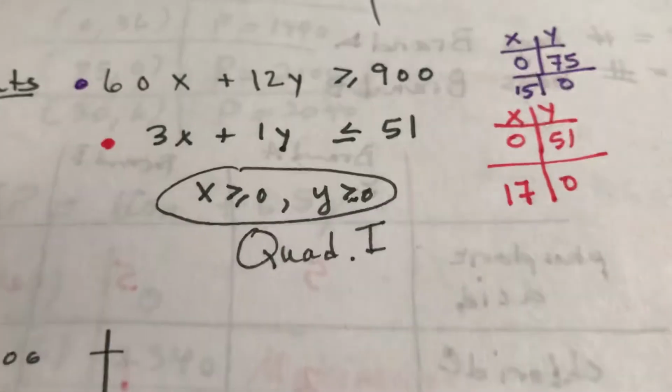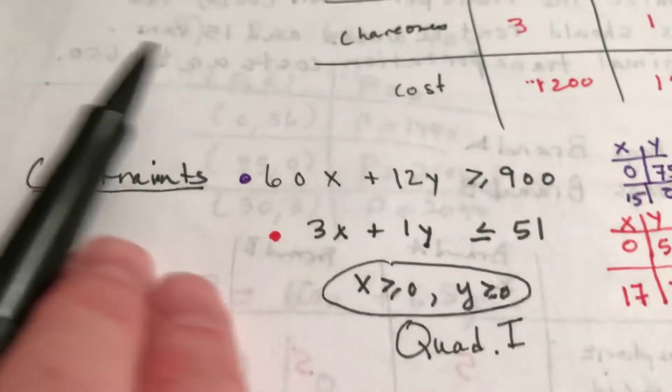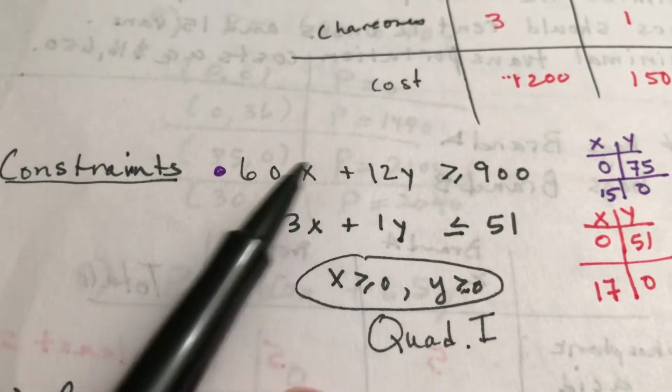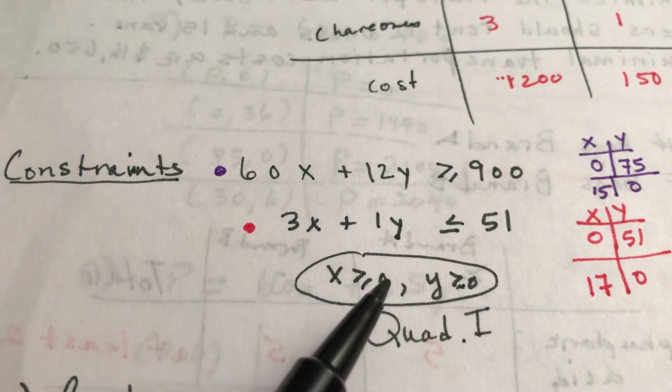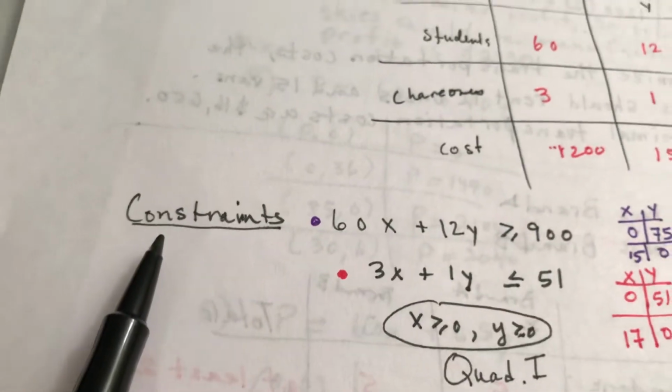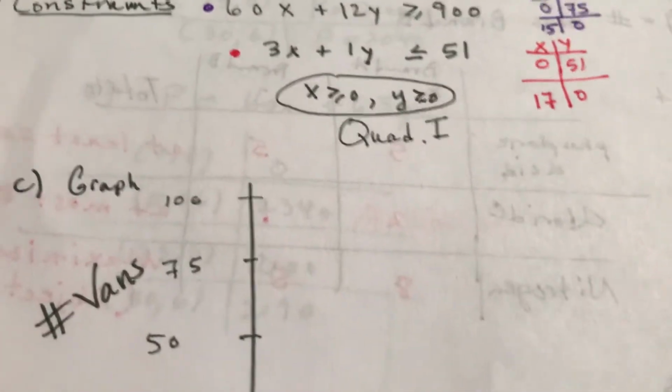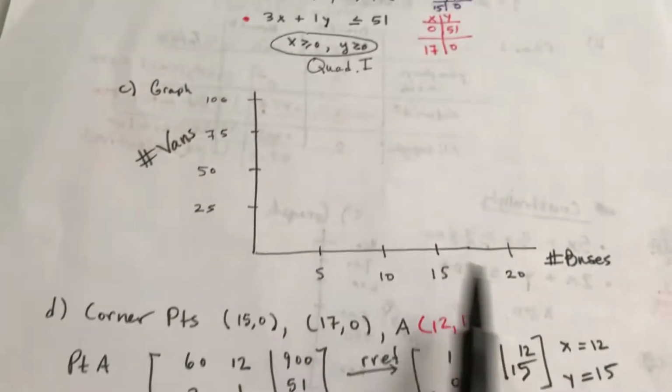So those are your constraints, these two inequalities, and these two inequalities, all of these 4. That is considered constraints, and that is your part B. Now, part C, we have to graph this. So I'm giving you